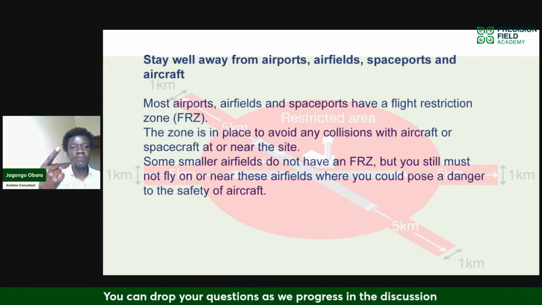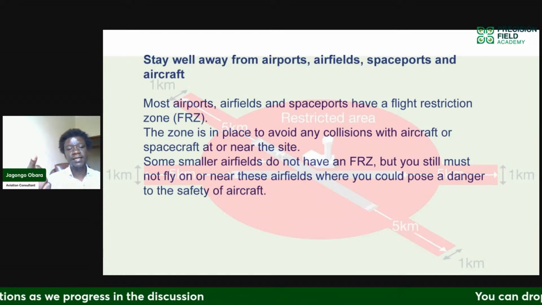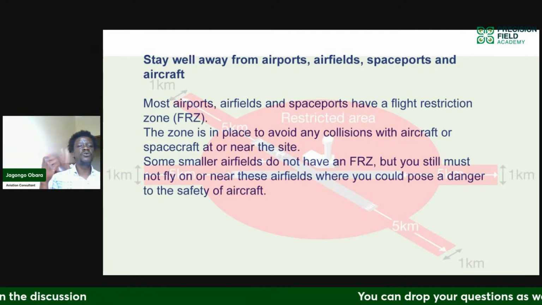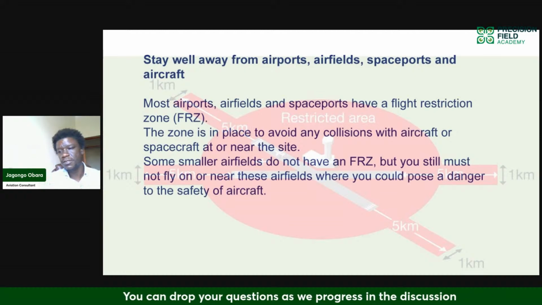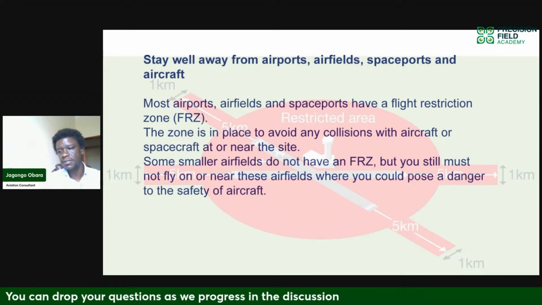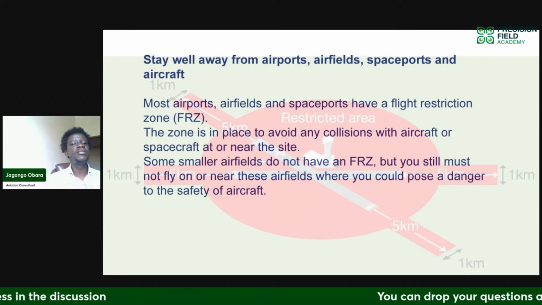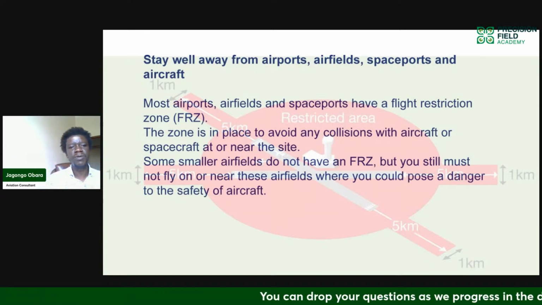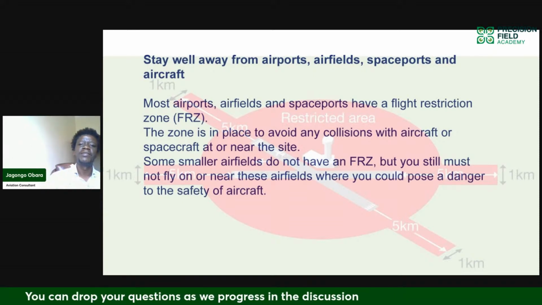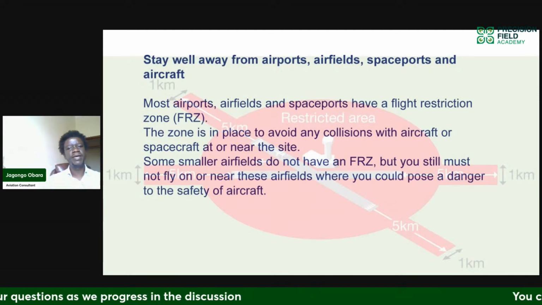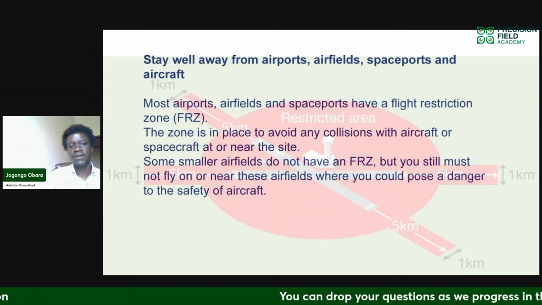If we cannot stay away from them, we need to seek permission to fly in that area. If it is an airport, for instance, you could be mapping how much wildlife we have in a certain airport. The airport can give you that leeway to fly in their aerodrome. They will just issue certain conditions. Maybe do it from this hour to this hour, or you can only do it at this time, or they will tell other aircraft to stay away. So there's that coordination and planning, and everything is happening safely.